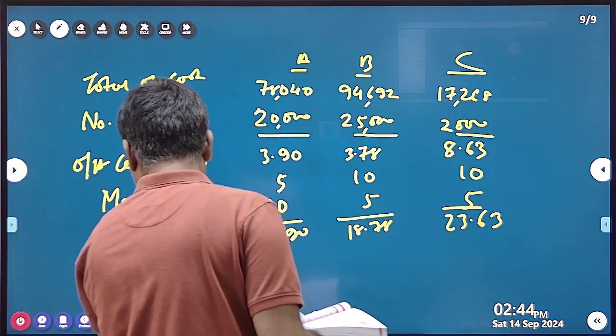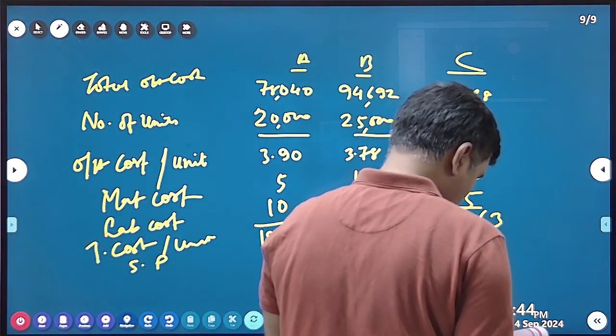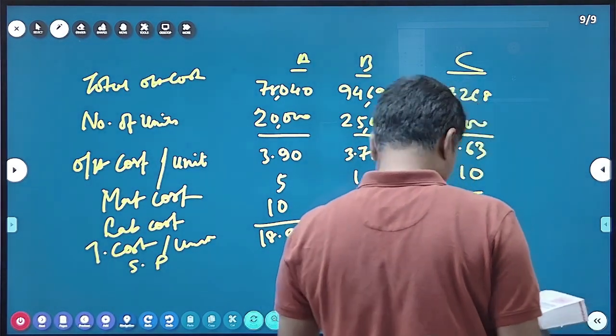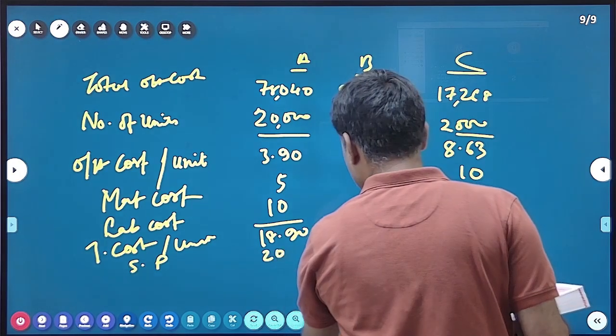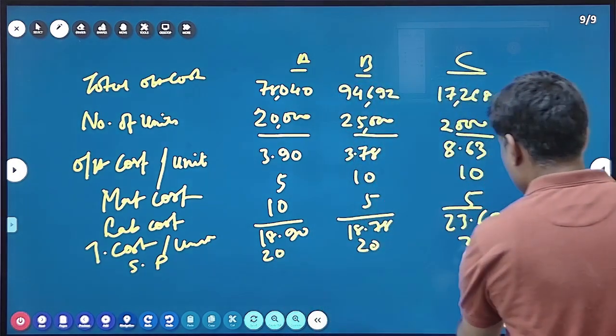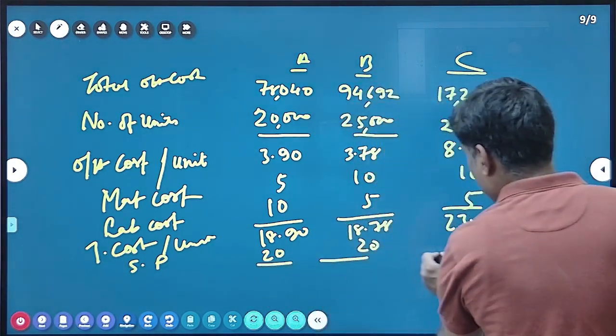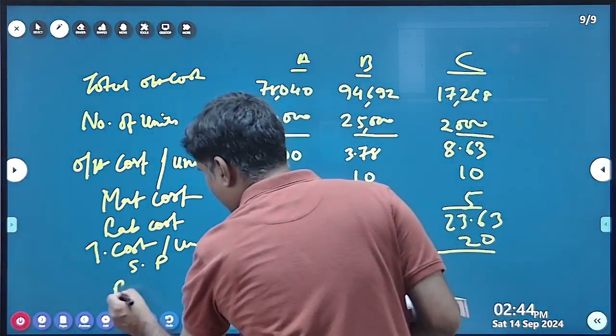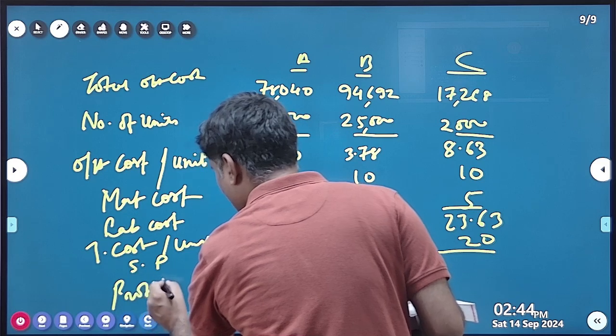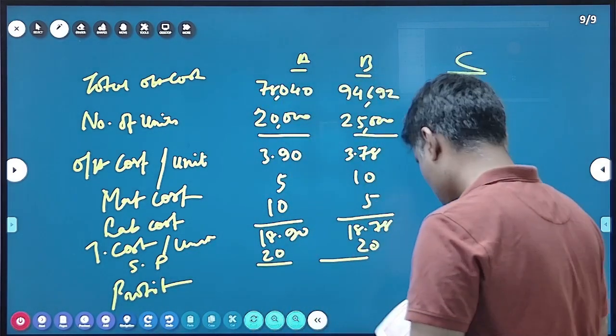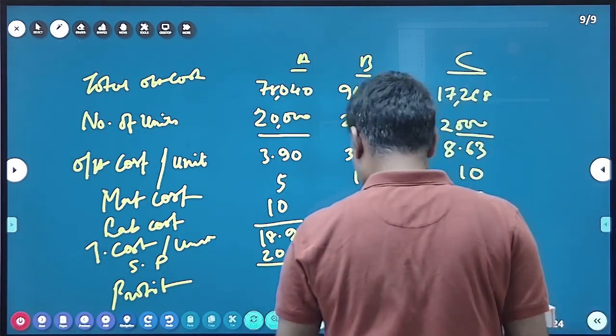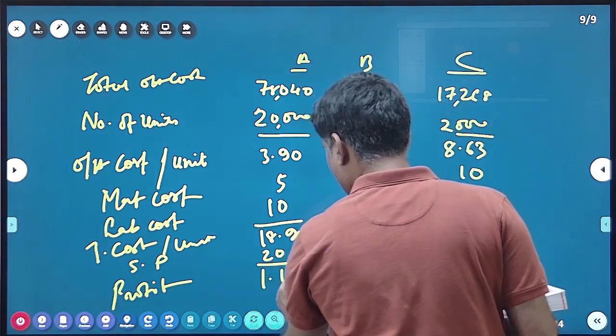This is how much? 20, 20, 20. So profit for A is how much? 3.9, 1.10. For B,